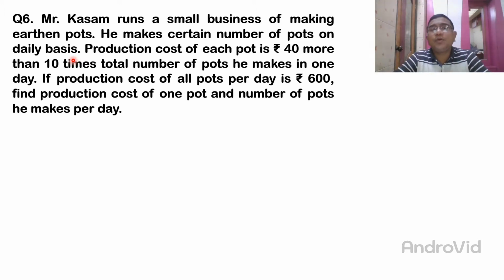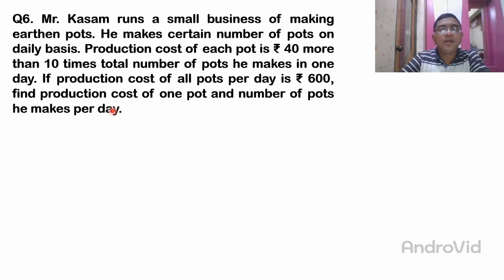So that number we are considering x, because all of you know very well in mathematics, whatever you don't know, you consider it x. So the certain number of pots he is making. The production cost of each pot is 40 more than 10 times the total number of pots. So suppose the number of pots he makes is x; 10 times, so you get 10 into x, 10x. More than 40, so 10x plus 40 is the cost